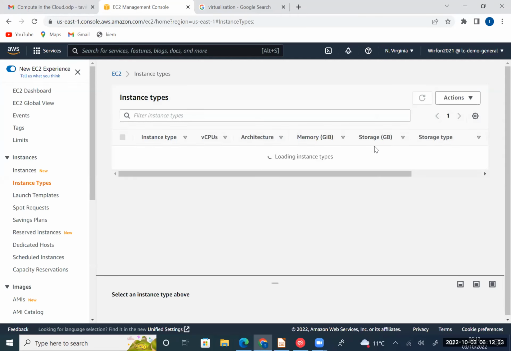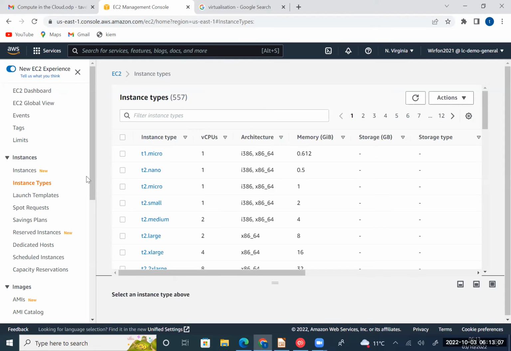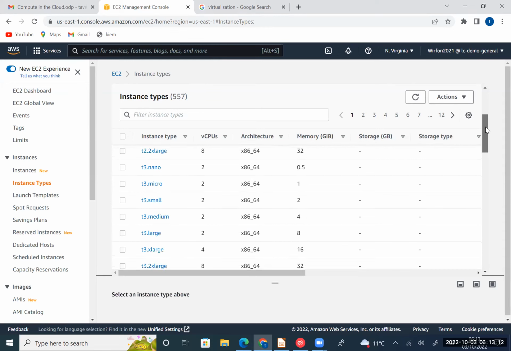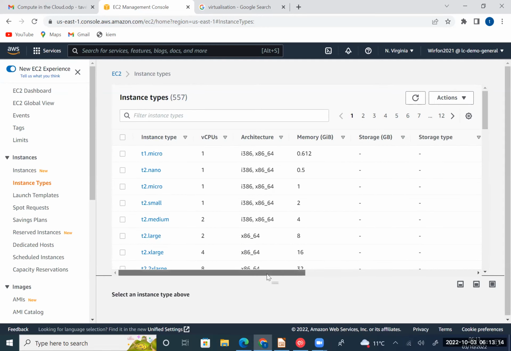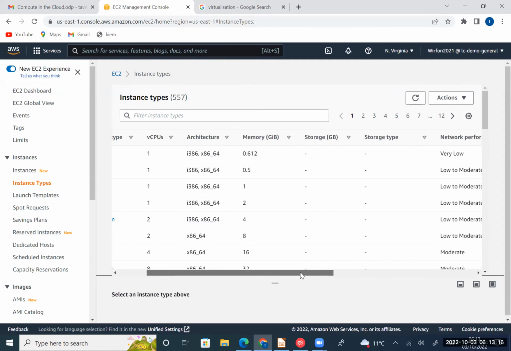So here, if you come here, you can see the different instance types that you have. So again, while studying, you can always come on your console, if you already have an account, to look at what is there. It's a bit slow, but I've just shown you that if you come here, these are the different instance types. You have T2 micro, and if you look here, you can see